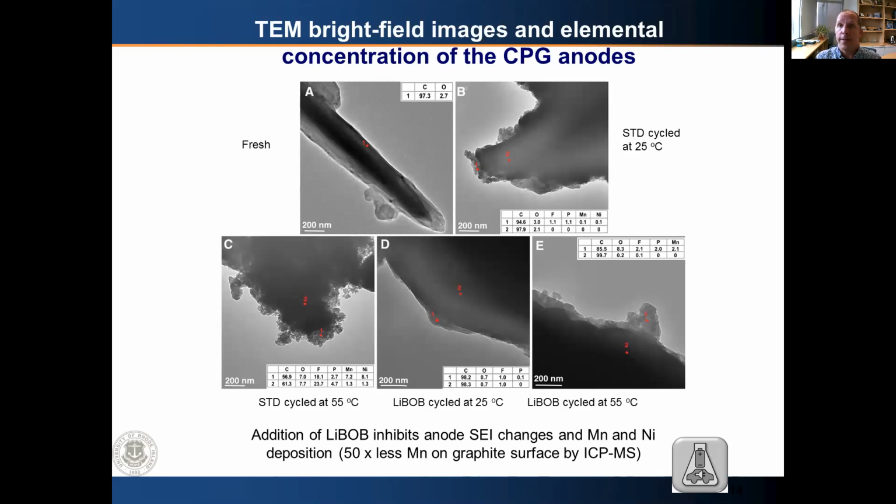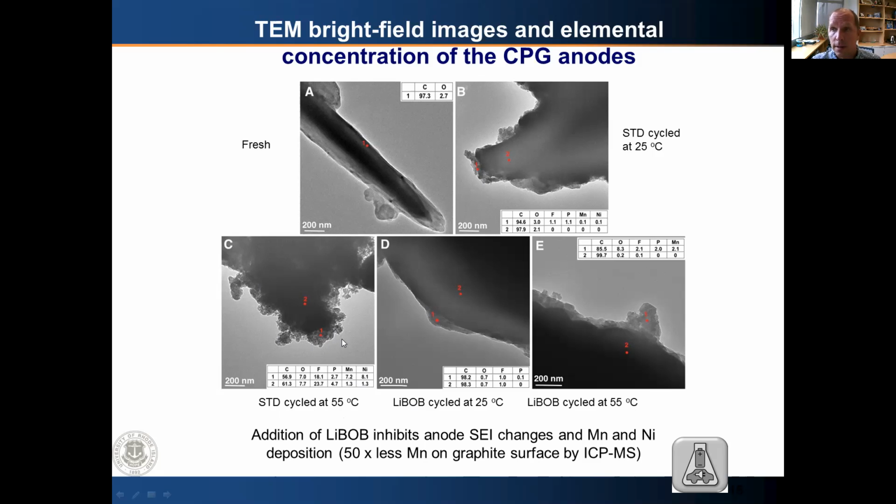However, if we go back over to the anode side and look at what's happened to the anode, we see very similar effects, in that our fresh anode particles have nice, crisp, clean edges. With the standard electrolyte cycled at 25 degrees centigrade, you can see the generation of an SEI on the surface of the graphite, as you would expect, with low concentrations of oxygen and fluorine on the surface, and a little bit of manganese and nickel. However, when we cycle the standard electrolyte at 55 degrees centigrade, we see very, very high concentrations of manganese and nickel. And once again, we see a very thick